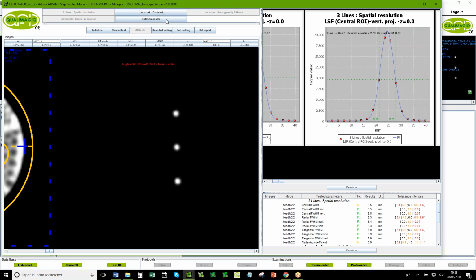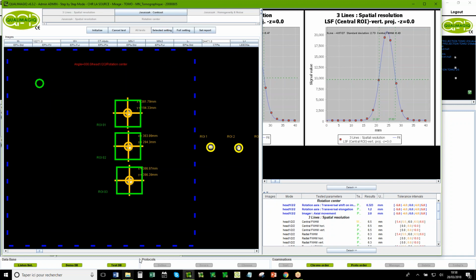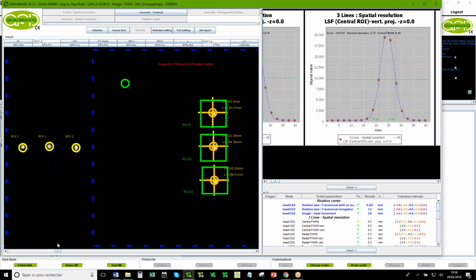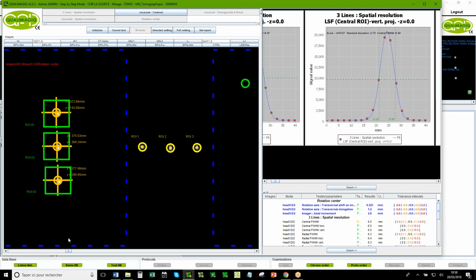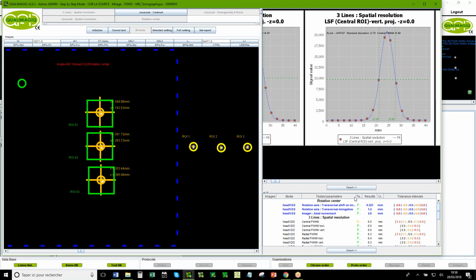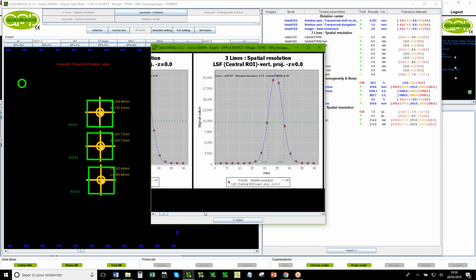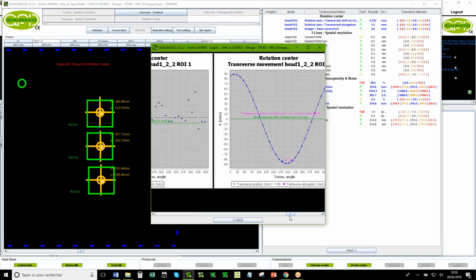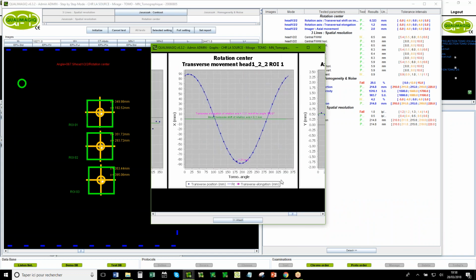So when you do that, between the different images we detect the sources, and because the sources are not in the center, when you turn around, the sources describe a sinus. So here you have the sinus, which represents the position of the source.